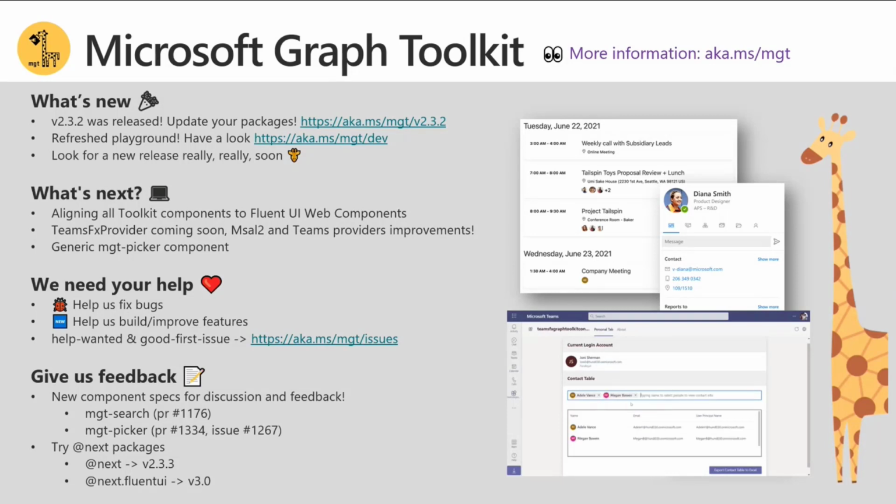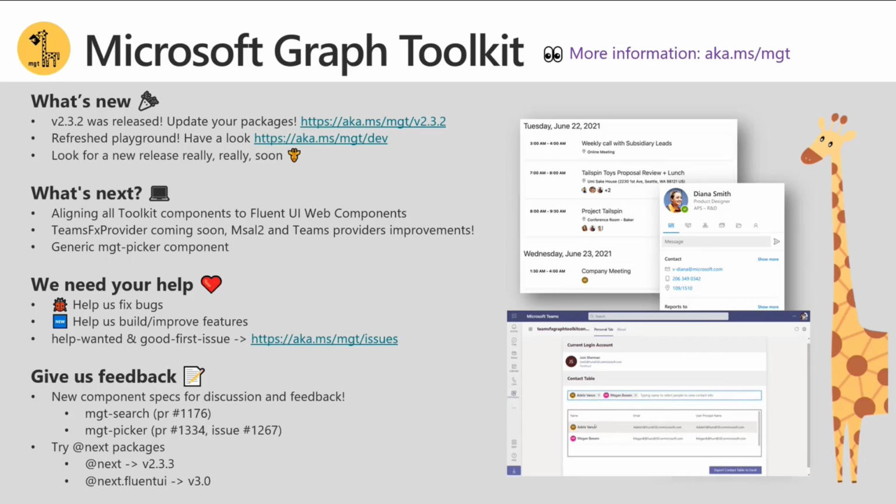Awesome. Thanks, David. And let me echo Victor. Happy birthday to Yo Teams. It's awesome to see that. A couple of new things. First, we released 3 weeks ago our 2.3.2 version that includes a lot of accessibility fixes. So if you want to build applications that are very friendly to all your users, take a look at this latest release. You can also expect a release really soon. We are aiming for tomorrow for the next release of the Graph Toolkit.